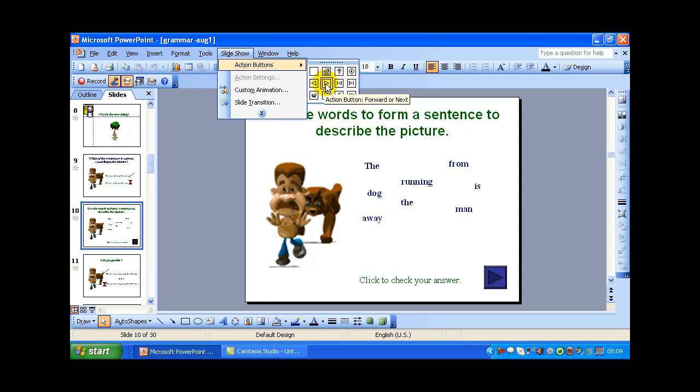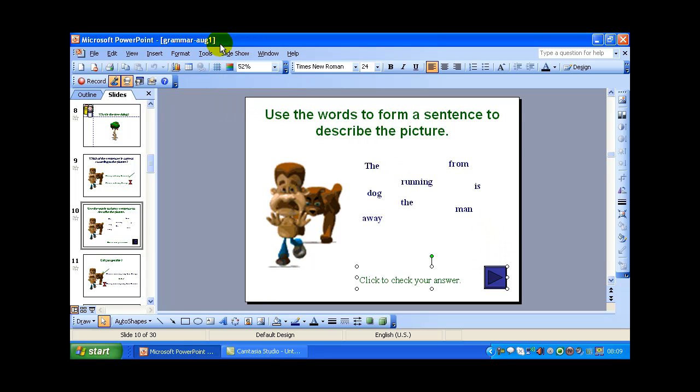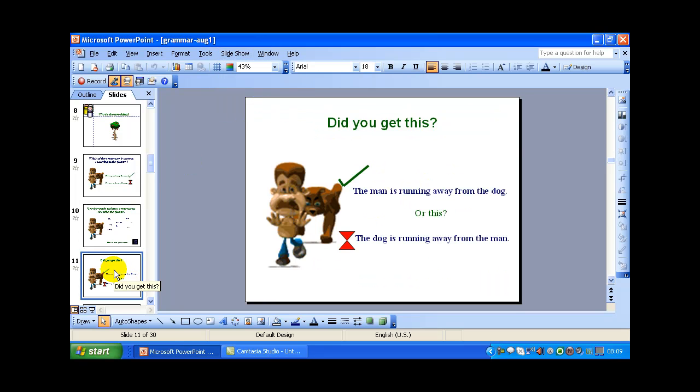So I have inserted this button and I have set the action settings. That is, I select this picture and go to Slideshow and set the action settings to go to the relevant slide. That is, the next slide has the answers to the question.